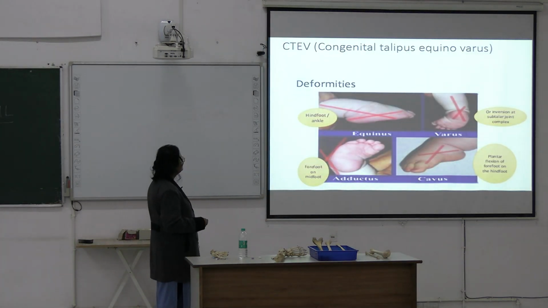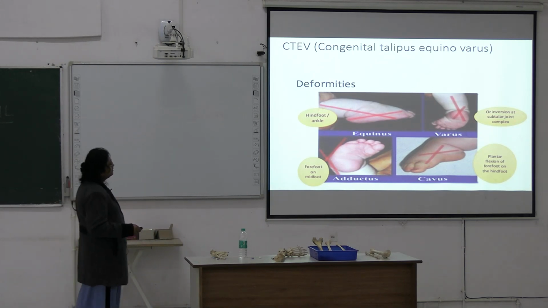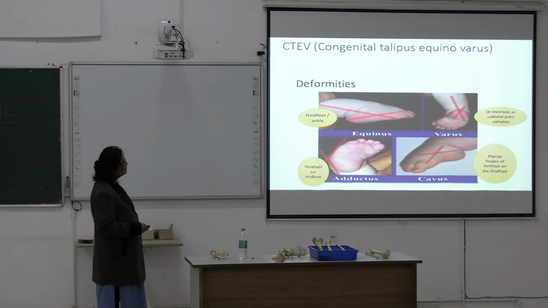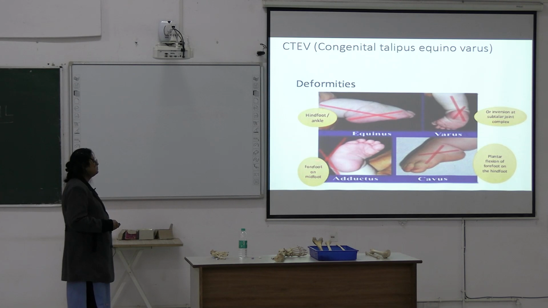all this we have discussed. So, here the hind foot and ankle: inversion in the subtalar joint complex has been shown here. Equinus means the forefoot is touching the ground, the hind foot is not touching the ground. Adductus means the forefoot is adducted. Cavus means high arched foot, with plantar flexion of the forefoot on the hind foot. Adductus means the forefoot is adducted on the midfoot. So, these are the four components of